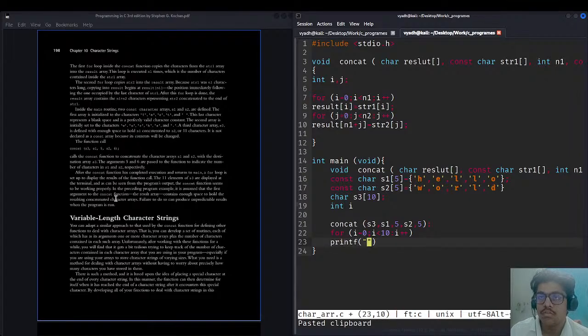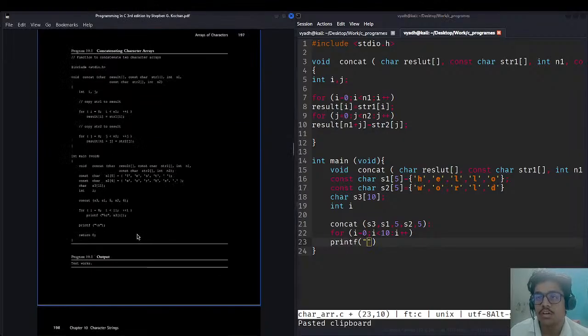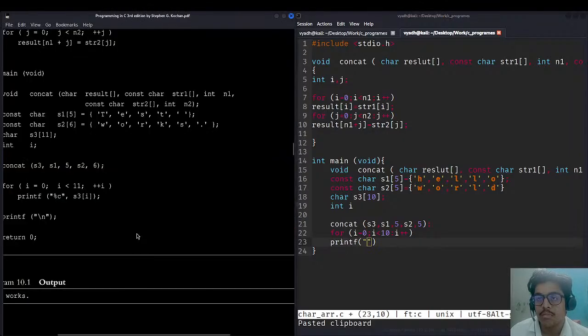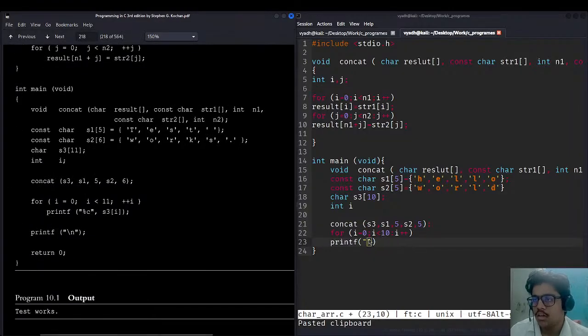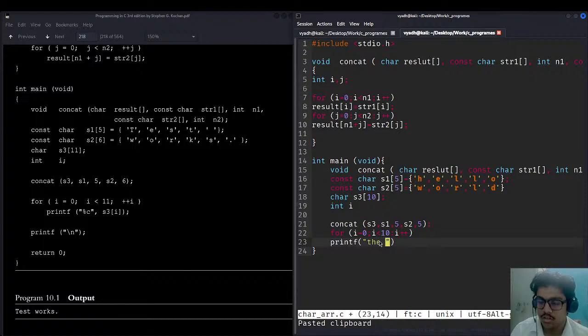The result is what they have used in place of result. They have directly printed, they have nothing, so we can take the result is %c, comma, you can define what is %c, that is S3, and I. Okay, I. It should be working now. Return 0,